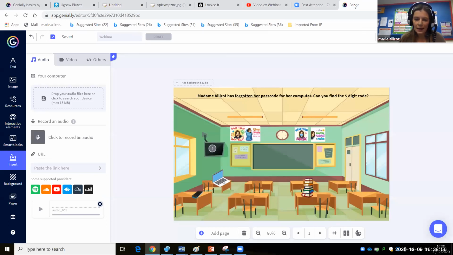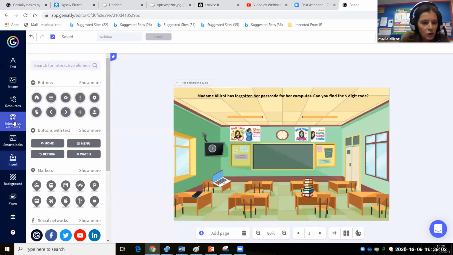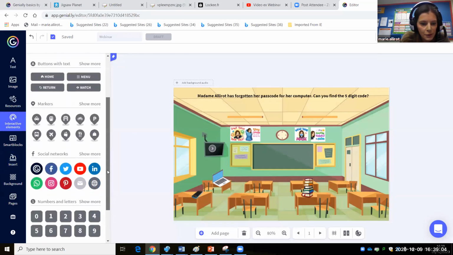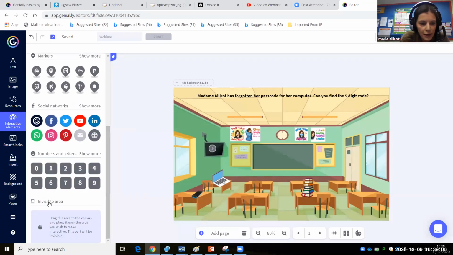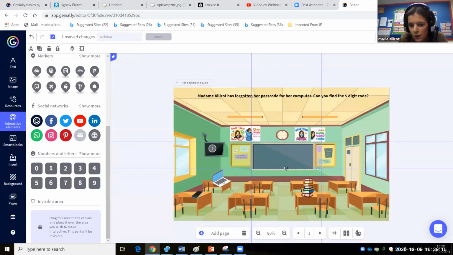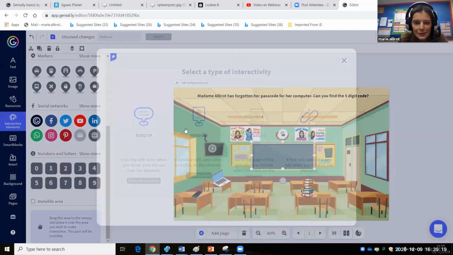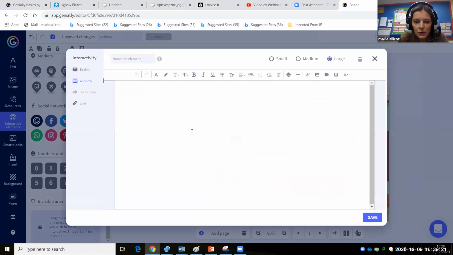I'm going to show you how to create invisible elements. If you go to interactive element, invisible area, you can choose any parts of your picture to be interactive. So I'm going to choose the board, and again the little hands, window, code view.